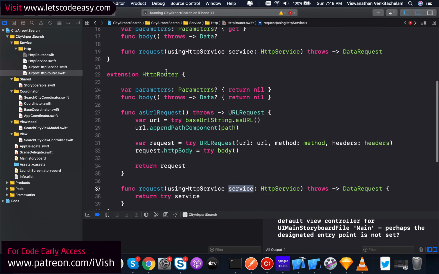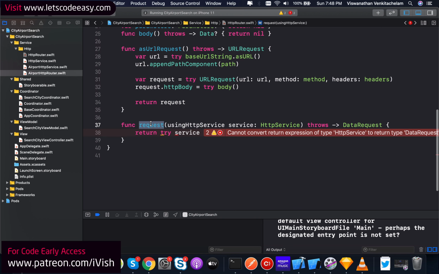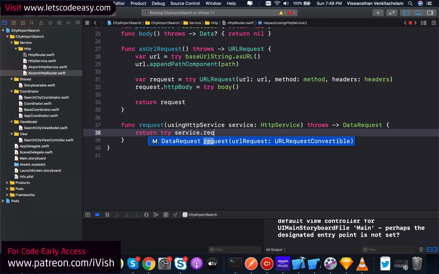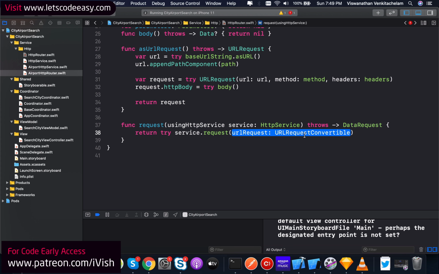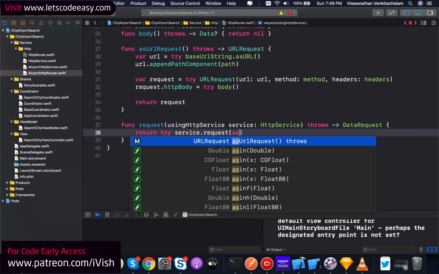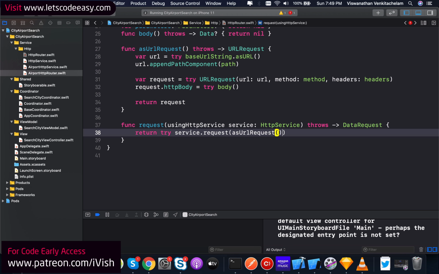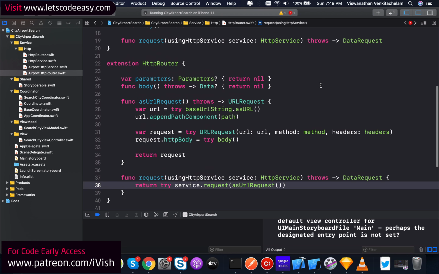So the HTTP router request function is going to accept a service which is going to implement HTTP service. In our case, it is the airport HTTP service. So that is a service which we might pass, and then use that request to pass that URL request, right? So we already know, we already created it as URL request. So that's how you create a request in this